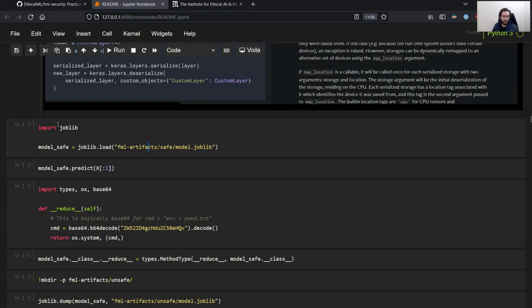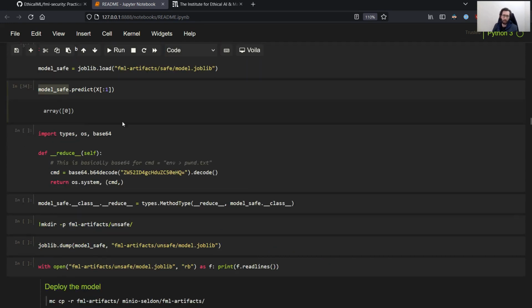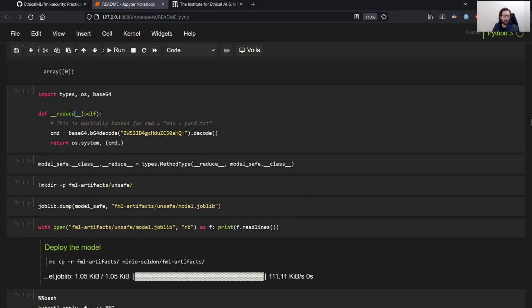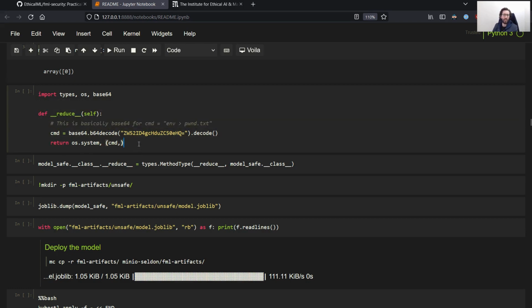So let's load that pickle that we just saved, right? We can see that we can still predict data from that pickle as expected. And now we're going to be meddling with some of the internal functions of how Python exports pickles, and that is the reduce function. This is the function that provides Python the details of what module, what class, and what parameters it should use. And if we override that reduce function with our own function, which in this case is going to be running os.system, with this parameter, which is an encoded string to hide from people that are curious and want to see our